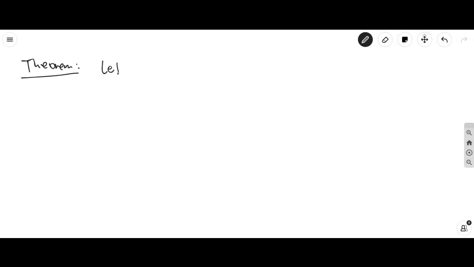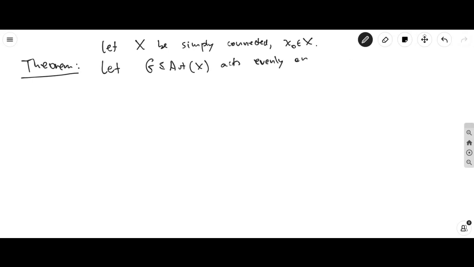So let X be simply connected, and let's say we pick a base point, and G be a group of automorphisms which acts evenly on X. And suppose we have a covering pi. Instead of calling it Z, let me call it Y, and I hope this does not bother people, because I know that previously when I used the notation, Y was the base and now it's the cover, but hopefully that's not a problem. So suppose this is a covering,